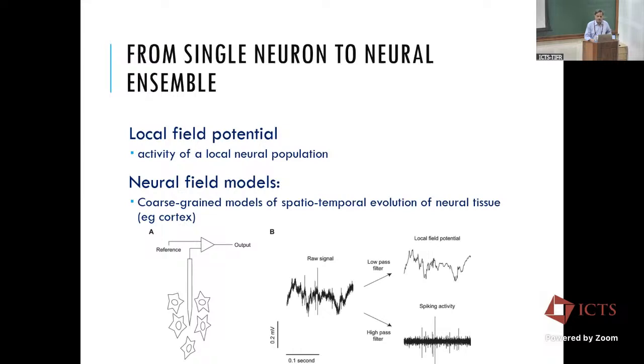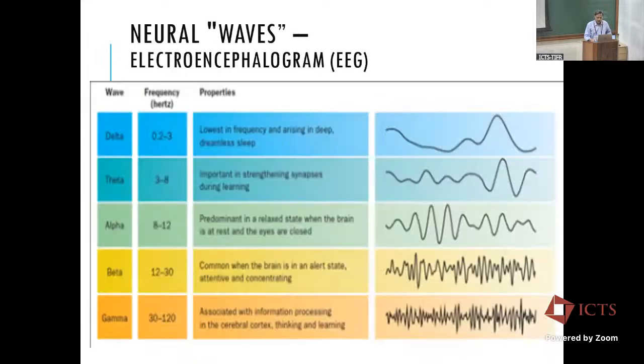Instead of recording from a single neuron, you shove an electrode into a neighborhood of neurons and take the average activity. And also throw away the high frequency component, like the spikes, as shown here. So you get a smoother signal, which is called local field potential. People have also been using gross ensemble signals at multiple scales. For example, if you record EEG from the scalp or even from the cortex, you will have this, and then filter that signal in various bands.